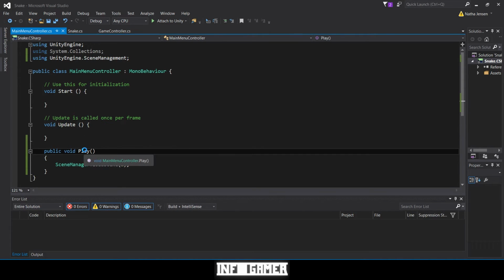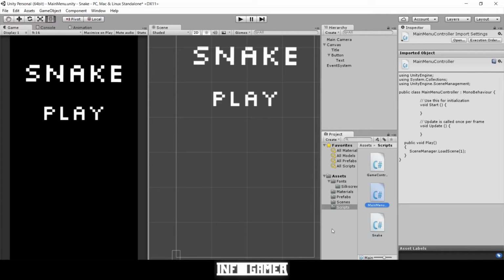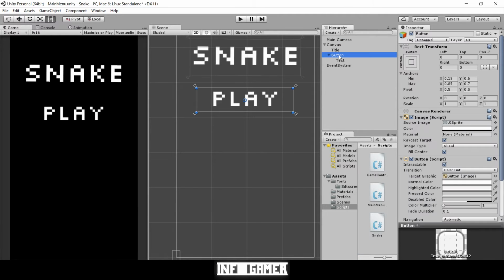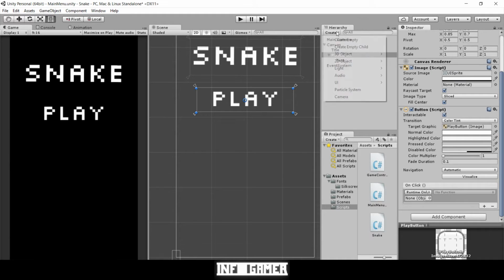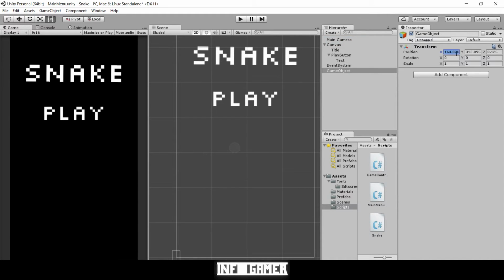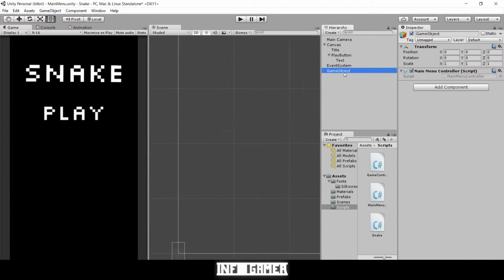And let's go ahead and save that and go back to Unity, and then let's click on our button, and we can actually rename it to be play button. And now we scroll down to the button component, and on the on click field we're going to click this plus sign, and then we need to create a new empty game object to hold our main menu controller. So we'll then click on our main menu controller script and drag it onto this empty game object, and we're going to rename it to